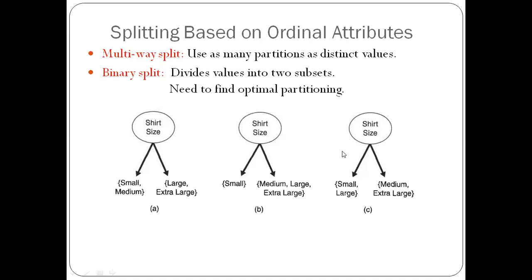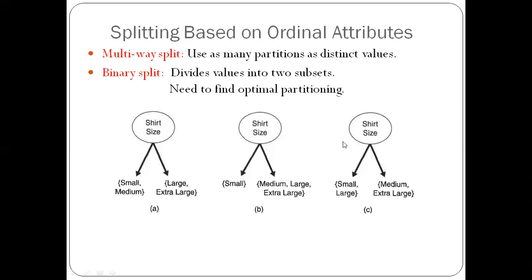This is also fine. But if you come here to the shirt size, it has been combined so that small is with large, and medium with extra large. We can't perform a splitting in this way because it is not going to maintain the order of these ordinal attributes. We can combine small with medium because after small we have the next size, that is medium, and after large we have extra large. So small and medium, then large and extra large, like this we can perform the combination.